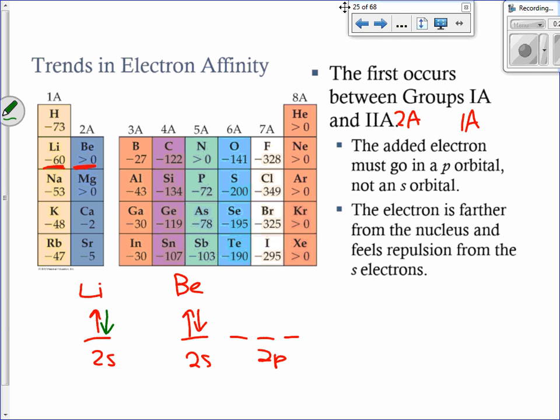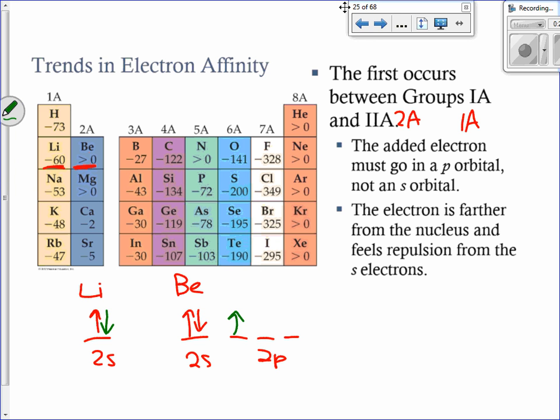That's good, but it's going to release a lower amount of energy, because really the metals don't want to gain electrons anyway, so they don't release a whole lot of energy. But if beryllium gains a third, where is it going to gain it? It's going to gain it over here, okay? Creating more repulsions and stuff. So the tendency to want to do it is not very high, okay? Adding that one into the 2p and having to fill another energy level.